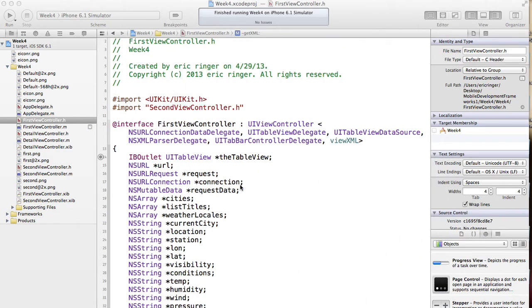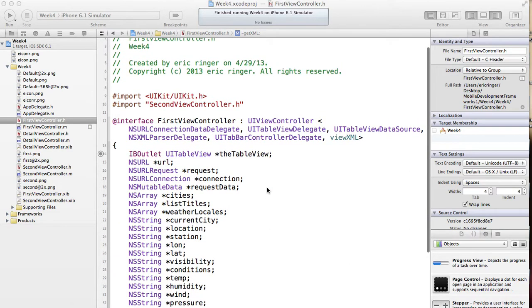So for this week, what did I do for a project? We had to use a URL that would have XML and create a table view with some XML data. What I did, I chose weather from the weather.gov